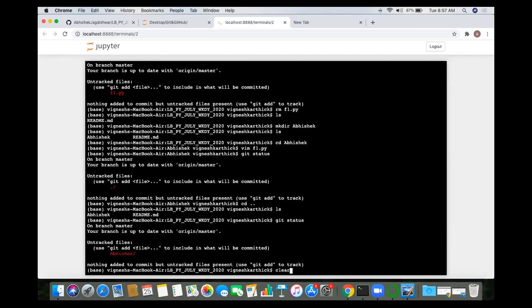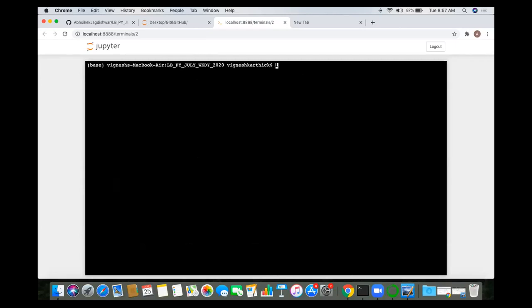Everyone done till here? So now we need to move these changes to the staging area. Yes, Sayan? Sir, how to go back to the previous folder? cd space double dot. cd space double dot. Now, whatever command I am writing now, you will write after coming into this repository. Make sure you are in this repository. You need to come one step back, so you do cd space double dot.